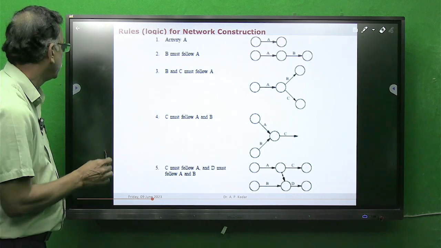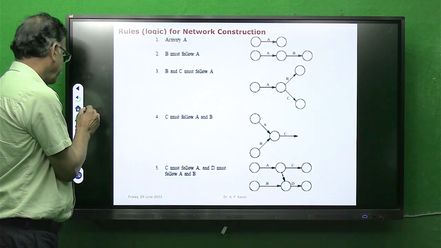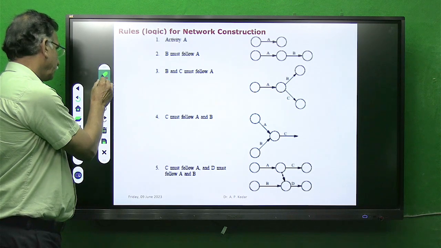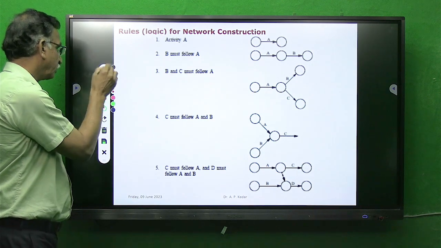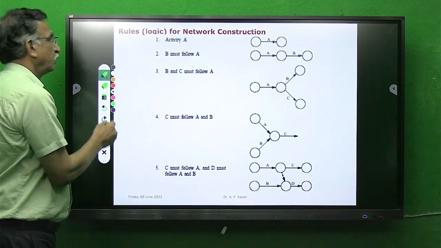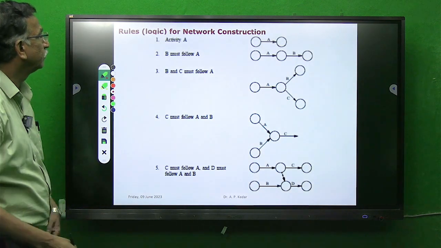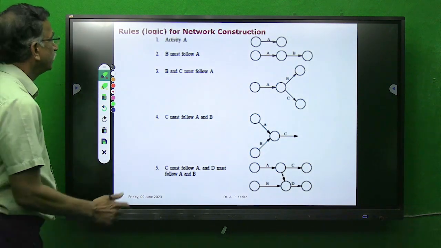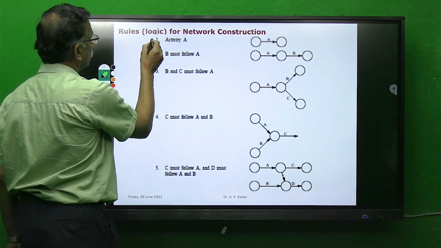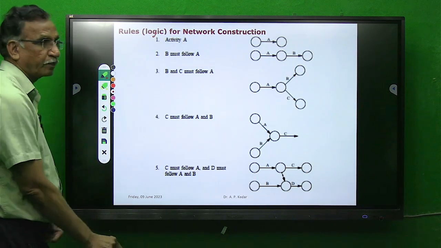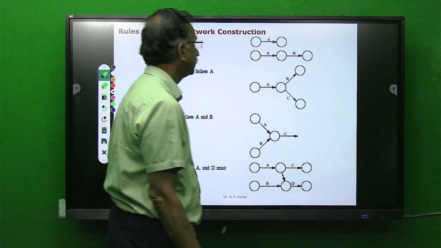Now, this is very important. Unless and until you are through with this network logic, understanding will be a problem. So what I have written are rules, which is the logic for network construction. Students, here